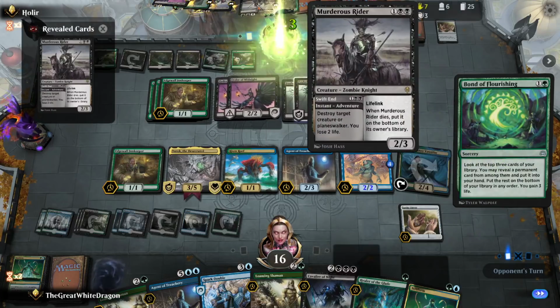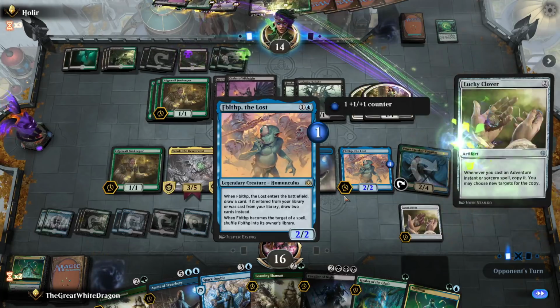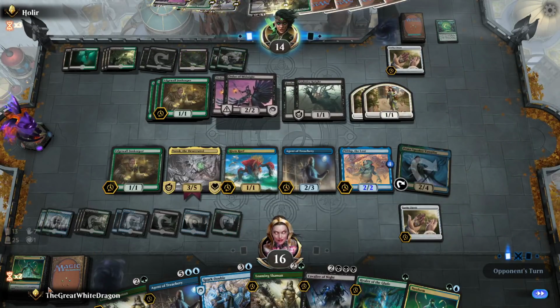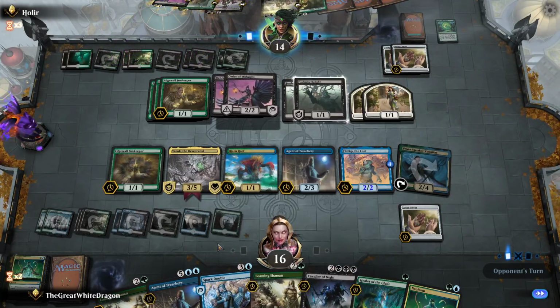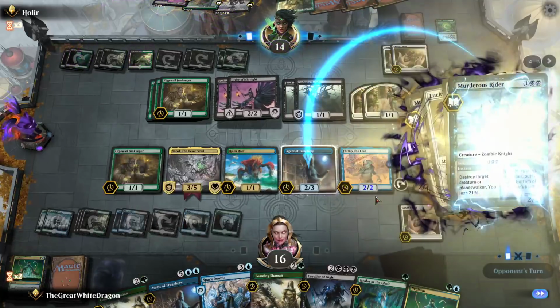Wait. Okay, he finally got that, so he's killing off Yarok. Oh, and he has more lucky clovers. I need to start Loaming Shamaning this bad boy up. Actually, Loaming Shaman into... Well, yeah, Loaming Shaman I get every...